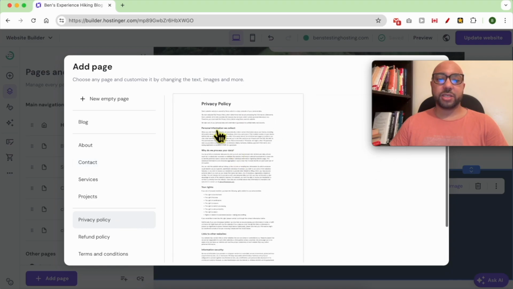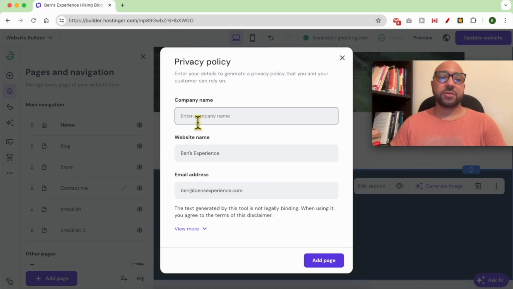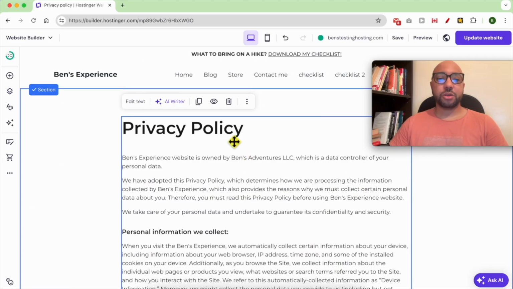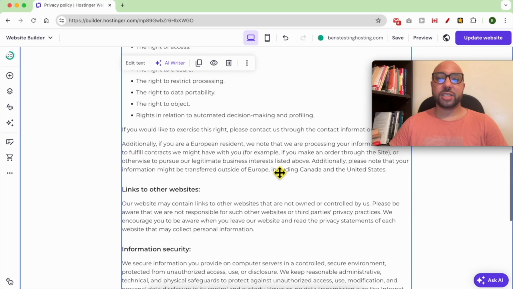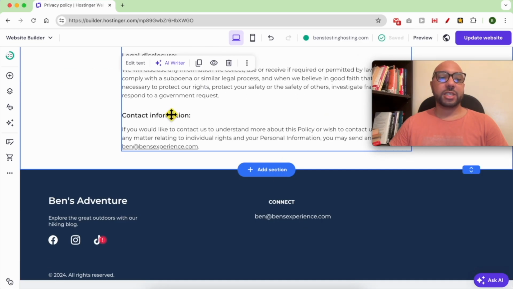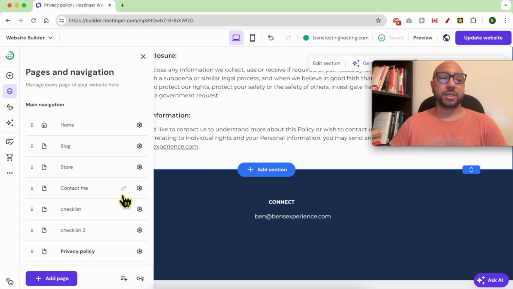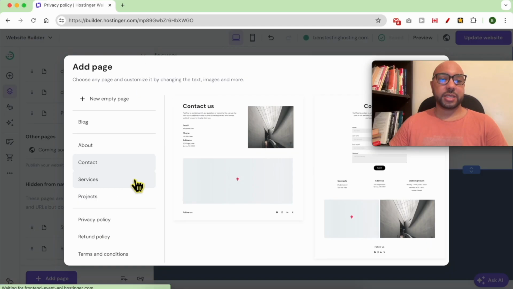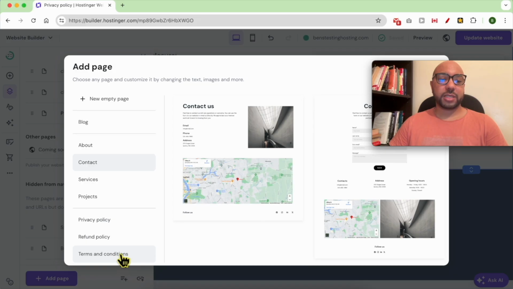This is a template you can use. Just fill in your company name, for example, Ben's Adventures LLC. Your website name and email address are already filled for you. Click on add page. Your privacy policy page is created for you. To create the terms and conditions page, do the same. Go to pages and navigation. Click on add page, select terms and conditions,